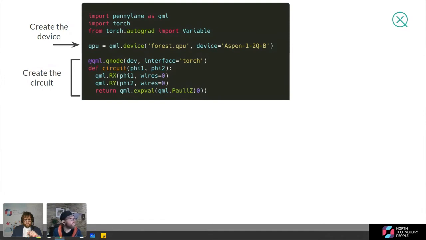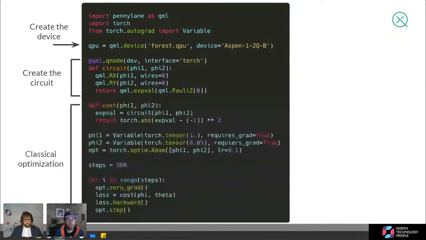And then the last piece, the QNode decorator. We need to indicate that we want this circuit to be run on a quantum computer. So we use this QNode decorator, quantum node, to indicate that we want this circuit to be run on the device that we defined above. There is a typo, I apologize: in that QNode definition, it shouldn't say dev, it should say QPU. We're indicating that we want to run on the QPU that we defined just above, not dev. Sorry about that.